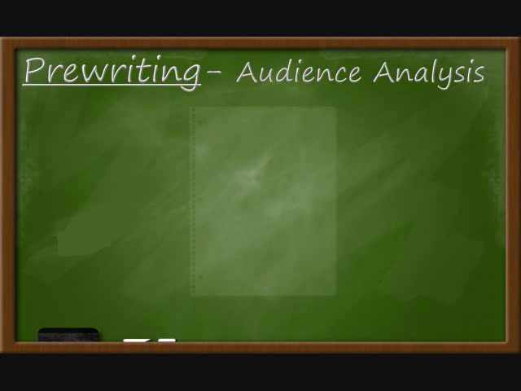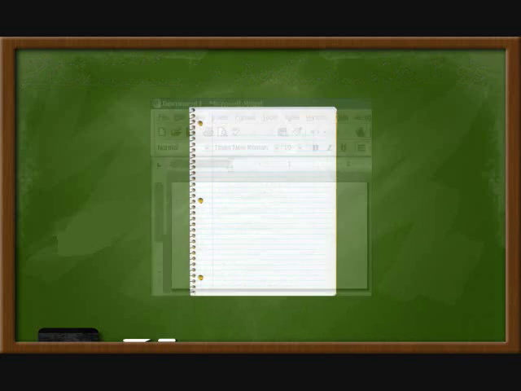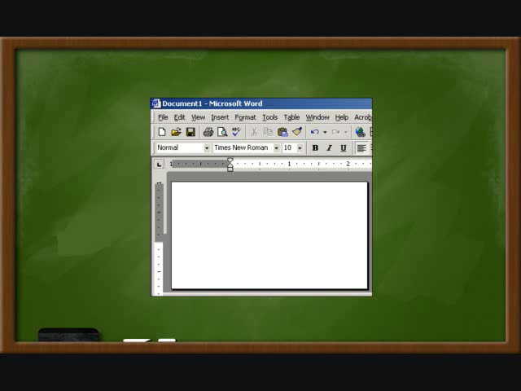You're still going to be sitting there staring at a blank piece of paper or a blank computer screen if that's what you're using. And there's nothing that's more intimidating to a writer than to sit and stare at a blank piece of paper. My first book came in at about 60,000 words, somewhere in that neighborhood. I think about 64,000 total. If I had started with a blank piece of paper, I would still be sitting there staring at it because